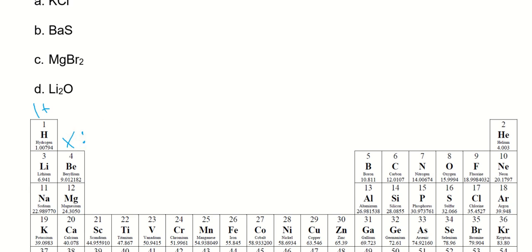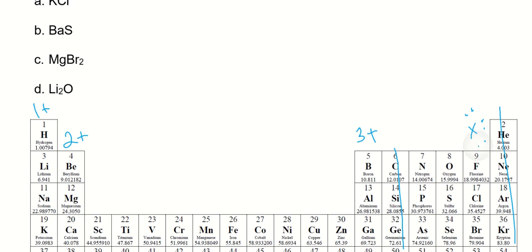They're going to lose both of those, and their most stable form is going to have a charge of 2 plus. Group 13 elements have 3 valence electrons, 2 from the s, 1 from the p orbital, and once they lose those 3, their most stable ion is going to have a 3 positive charge. These guys don't form ions, these guys don't form ions, and right to left, your group 17 elements are going